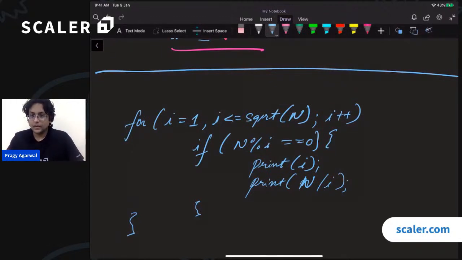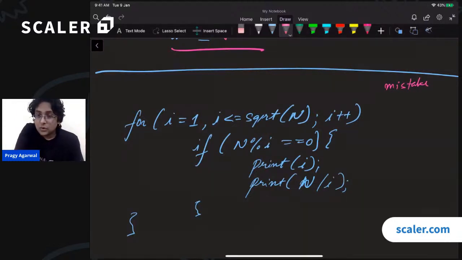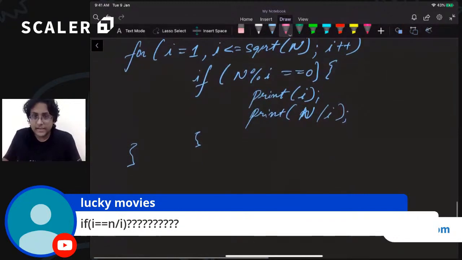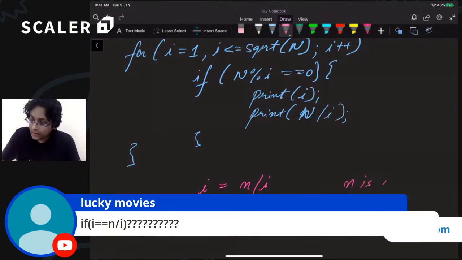Yes. Perfect. Now, first of all, there is a mistake in this program, a very subtle mistake. Can someone point that out? Exactly. So over here, Lucky says that this is the mistake. What happens when i is actually equal to n by i? Which means that when n is a perfect square,